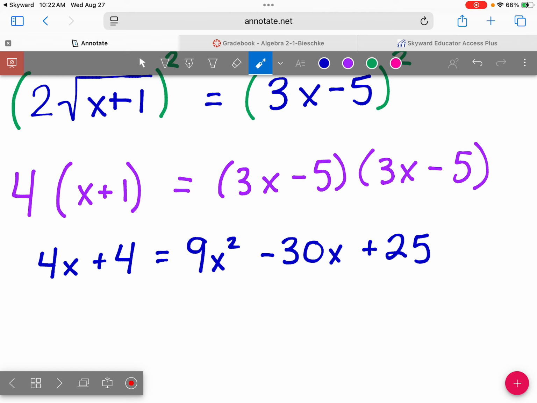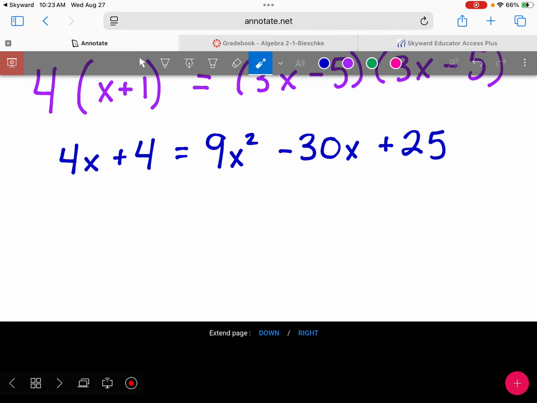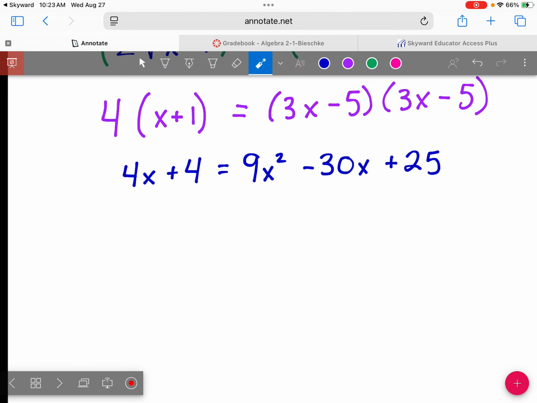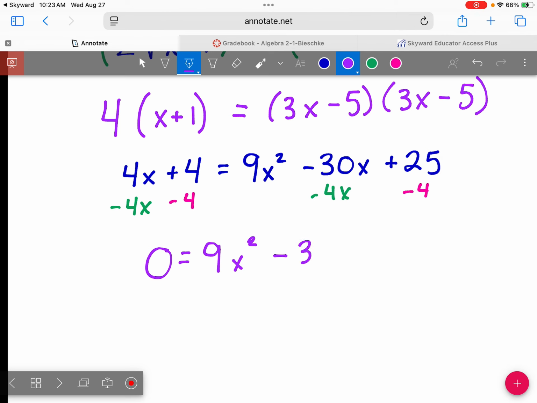So now we are rid of all of our radicals. Huzzah. But we're left with an x squared. So what do we need to do to be able to solve for an x squared? Yeah, because whenever we have an x squared, we need this thing to equal 0. So I'm going to minus 4x from this side and minus 4x from this side. I'm going to minus 4 from this side, and I'm going to subtract 4 from this side. So that's going to give us that our 0 equals 9x squared minus 34x plus,